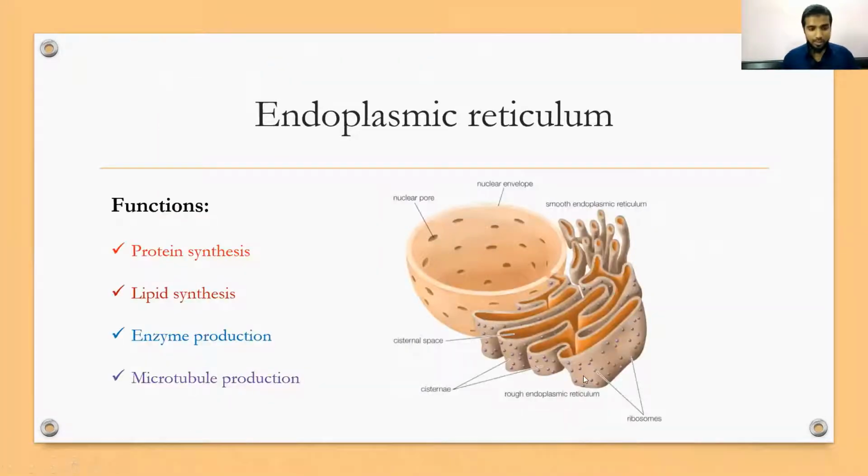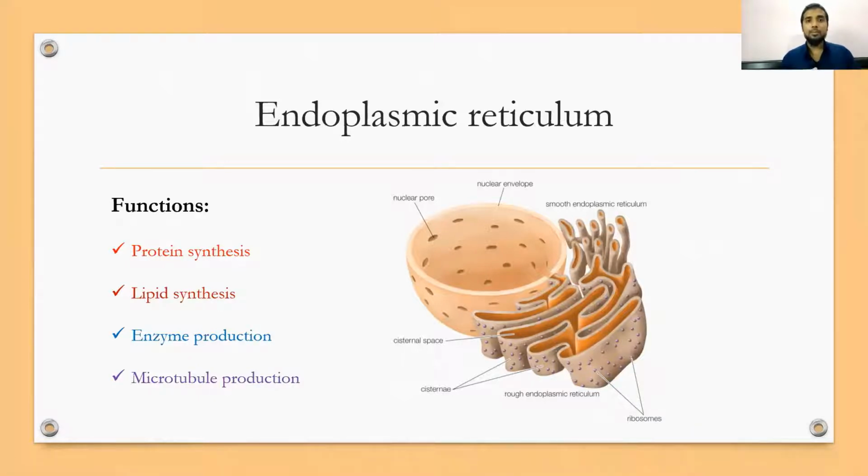Next, moving on to another cell organelle, that is the endoplasmic reticulum. So you can see this one. This is the nucleus or nuclear membrane in which the nucleolus will be present. Attached to this is the endoplasmic reticulum. These projections that you can see are the endoplasmic reticulum, and there are certain spaces called cisternal space, and cisternae, the outer projections, and the ribosomes are present on the surface of the endoplasmic reticulum.